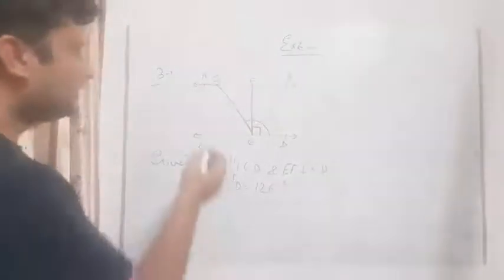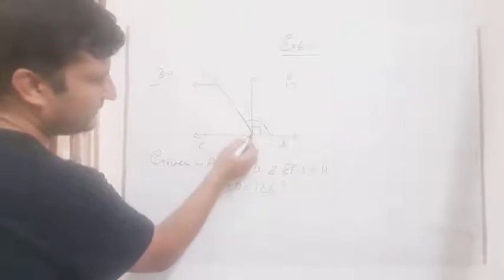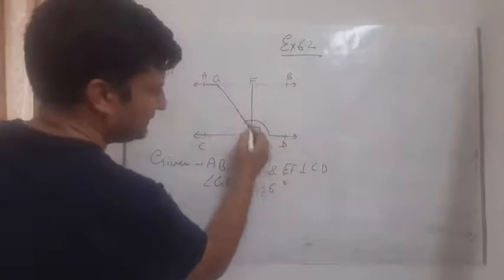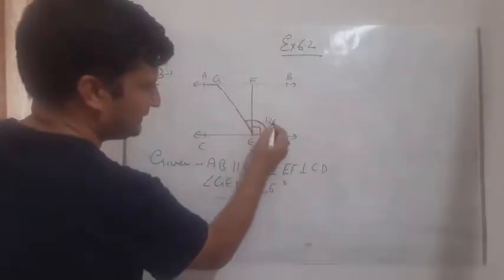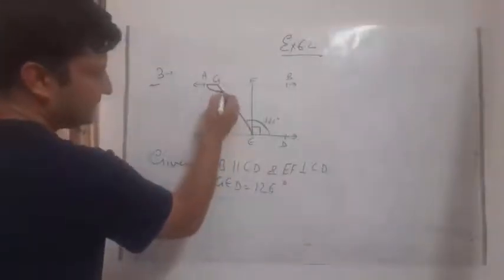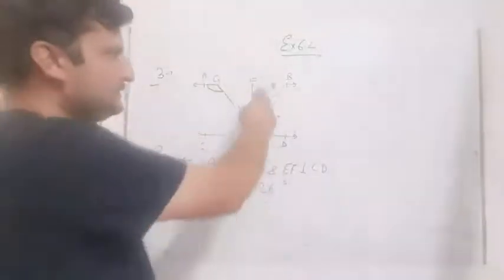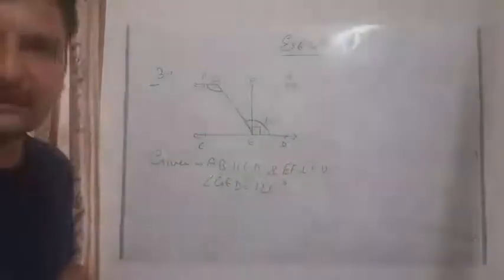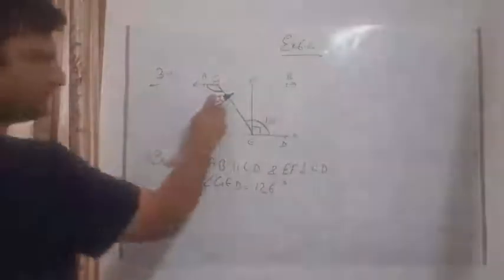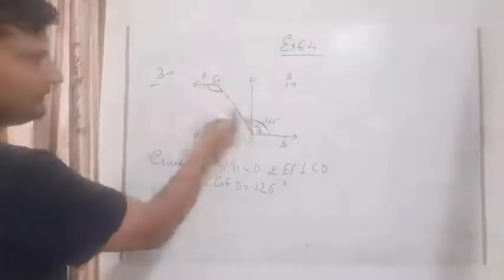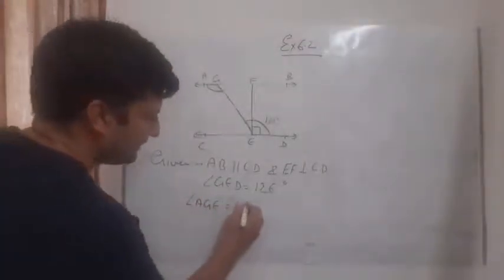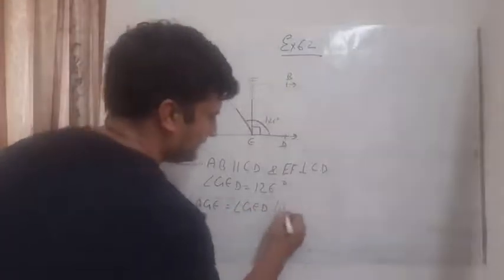Look at here first, angle AGE. This is 126 degrees. Similarly here, angle ZED. This is 126 degrees. So students, we can say that these two angles are interior angles to each other, because these two are parallel lines. If parallel lines are given, it means these two angles are alternate interior angles. So we can say that angle AGE is equal to angle ZED is equal to 126 degrees.